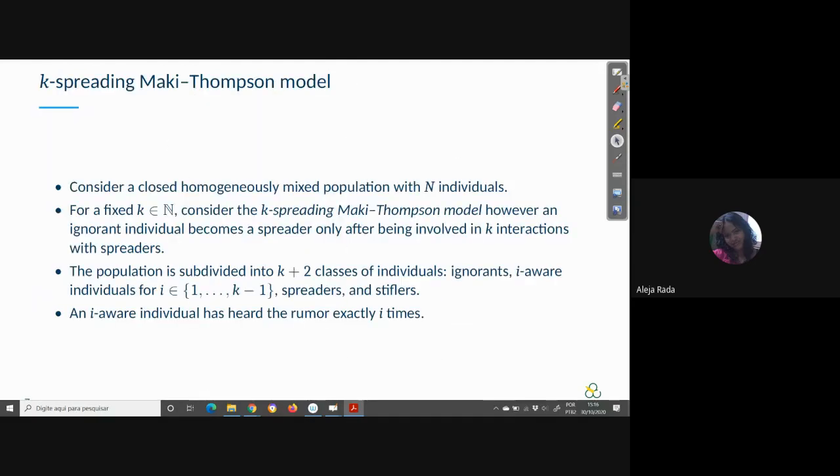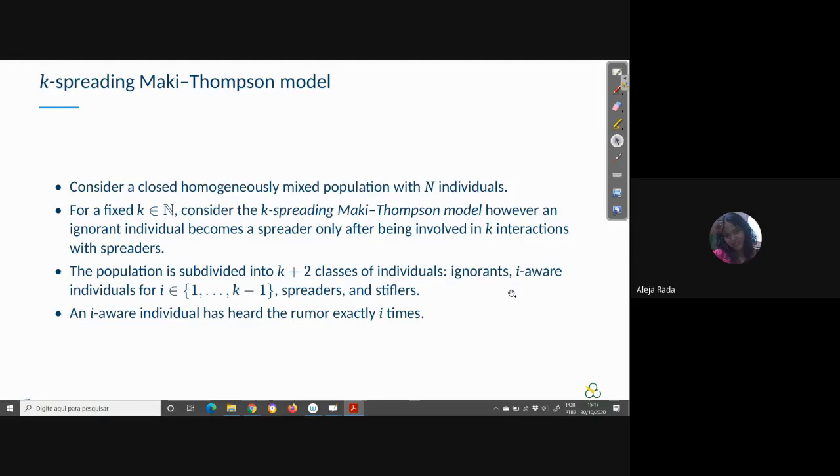So our process is the following. Consider a closed homogeneously mixed population with n individuals. For fixed k, consider the k-spread Maki-Thompson model in which an ignorant becomes a spreader after hearing the rumor k times. That implies the population is divided into k plus 2 categories, and we have the same as before, ignorant, spreader and stifler, but now we have k minus 1 categories